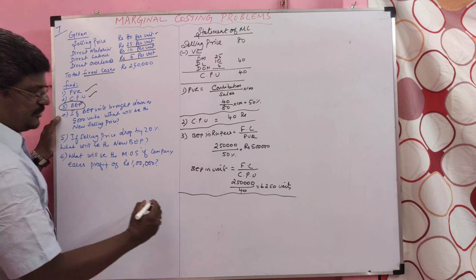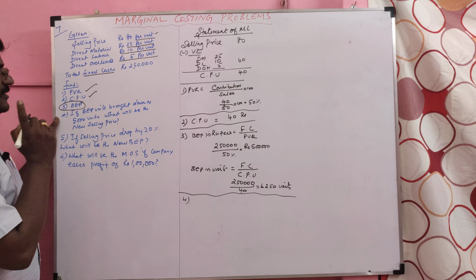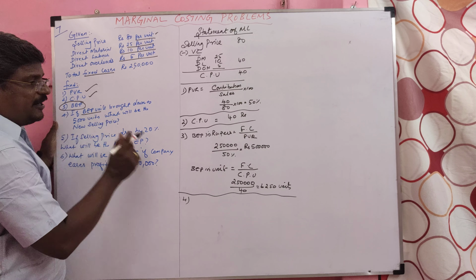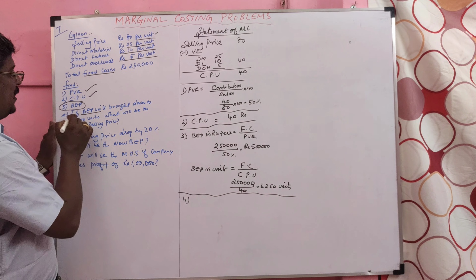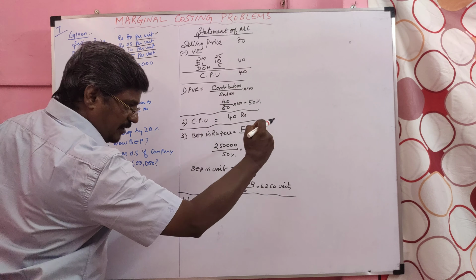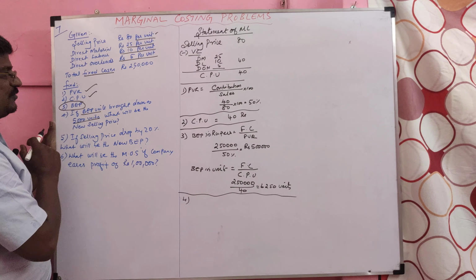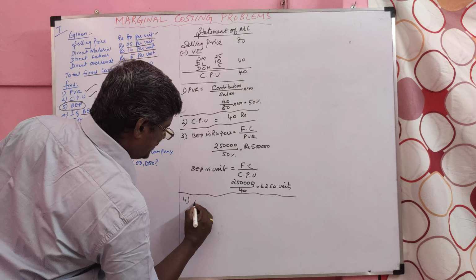Next, fourth question. Now look at the question carefully. Already BEP unit how much? 6,250. Now the BEP unit is brought down to 5,000 units. This BEP unit we are bringing down to 5,000 units. What will be the new selling price? If they ask new selling price,